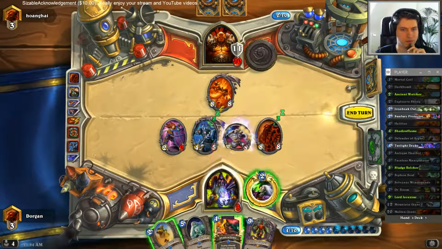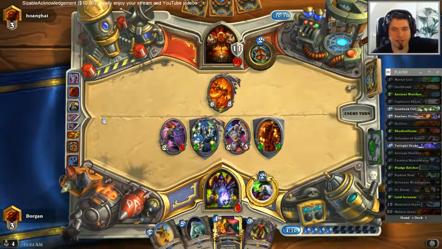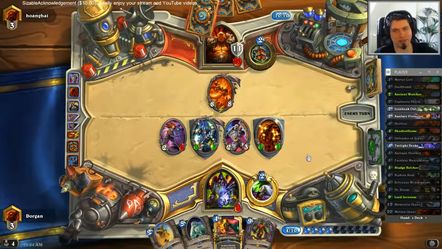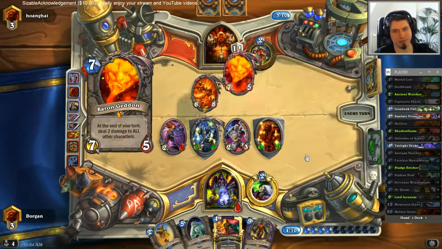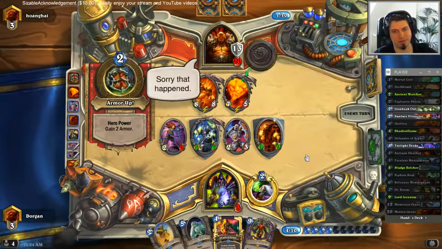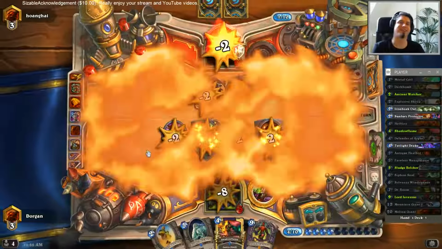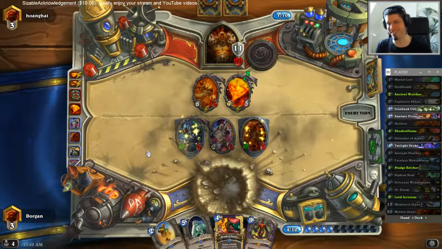My shield for Argent. I'm not sure if I wanted to do something else. Shadow Flame? Well, of course I wanted to get the Rag, but it didn't really line up this way. I could have just Shadow Flamed the Molten Giant then, I guess. It's a good thing that I didn't... Sorry that happened. Lifetime. What the hell? Wow, okay. No, okay,